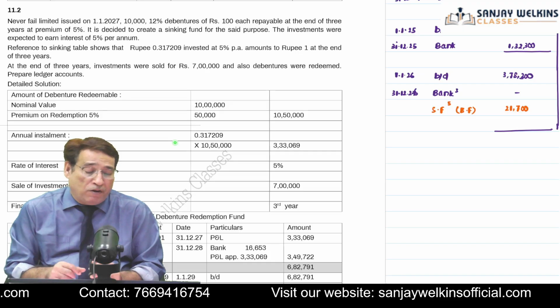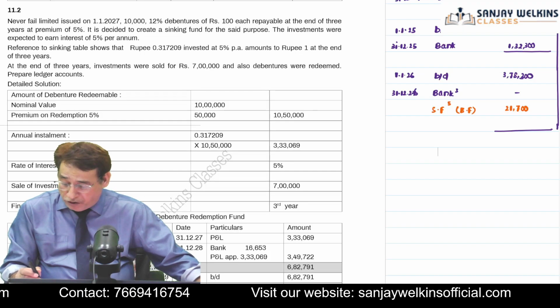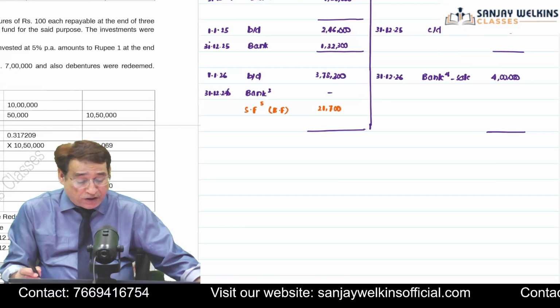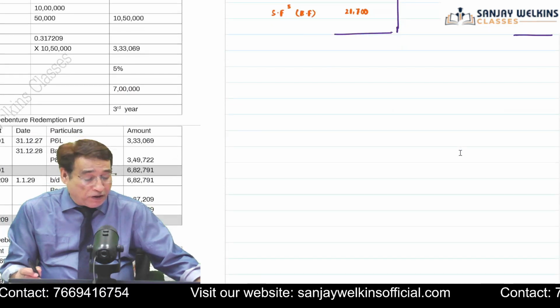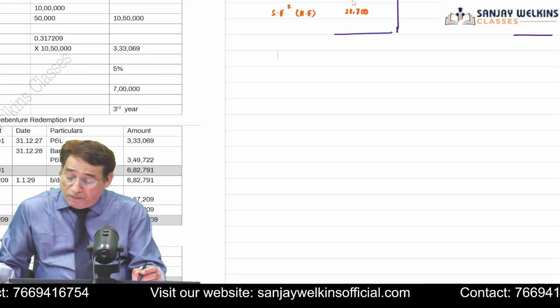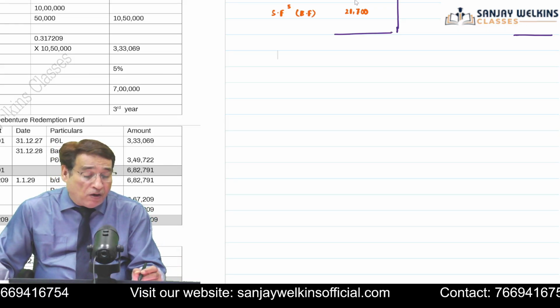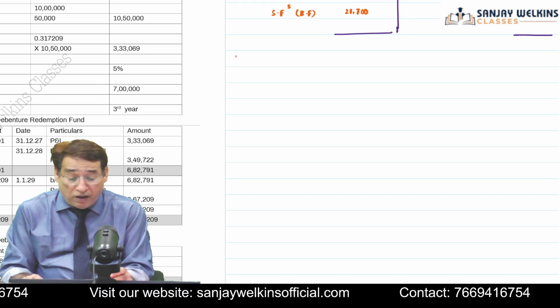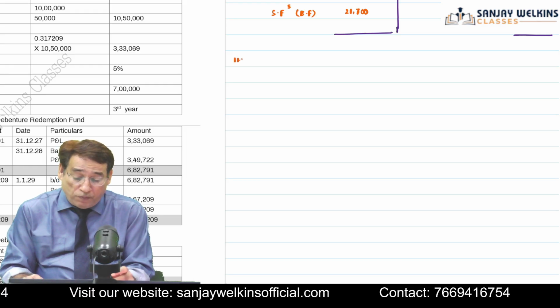Is it clear to you or not? So in this particular question, the first thing which you are supposed to do is to compute the amount of investment. This is the important point. Is it clear to you or not? So similar to the last question, this question is, and only difference is that this time annual installment is not given. Question number 11.2.